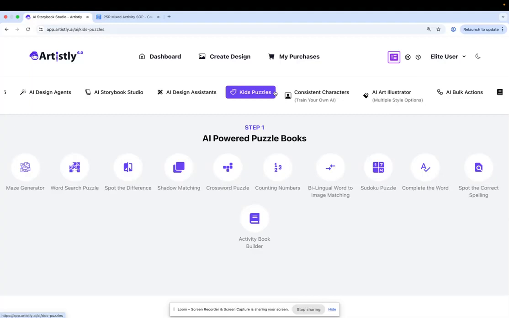Okay, so let's say you need to first be very clear about what kind of activity book that you want to create, what kind of niche topic you want to pick. Do you want to do animal theme,